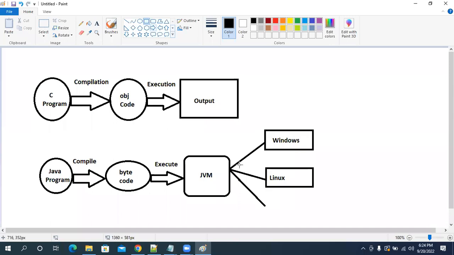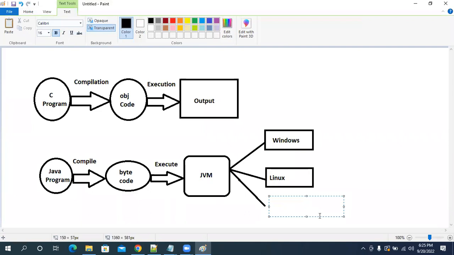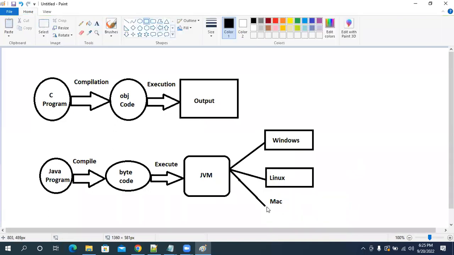When you install Java, JVM will come automatically. Whenever you run the program, JVM will start automatically. What is the role of the JVM in Java? JVM will convert bytecode into machine understandable format. If I am using a Mac system, that bytecode will be converted into Mac operating system understandable format. Are you guys clear with this?